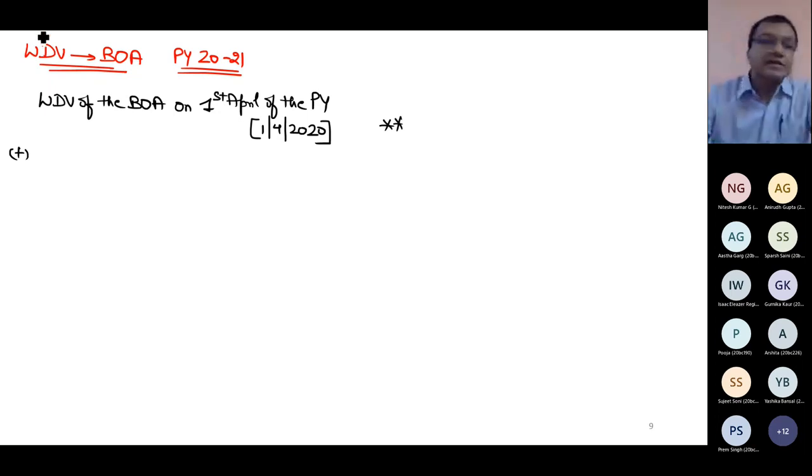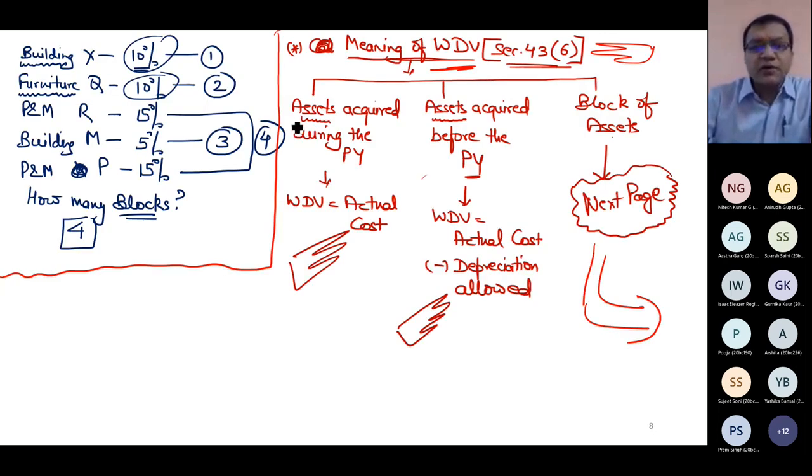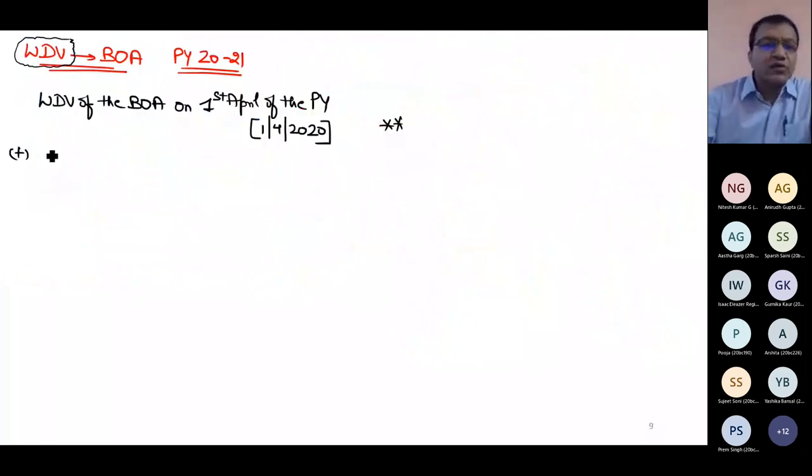But since the heading is WDV going on, I should add WDV of the asset which is purchased during the year, and WDV of the asset purchased during the year is nothing but equal to actual cost. So I might be writing actual cost, but in reality you must know that it is nothing but WDV. So actual cost or WDV is one and the same thing if there is any asset which is acquired during your year. So actual cost of the asset